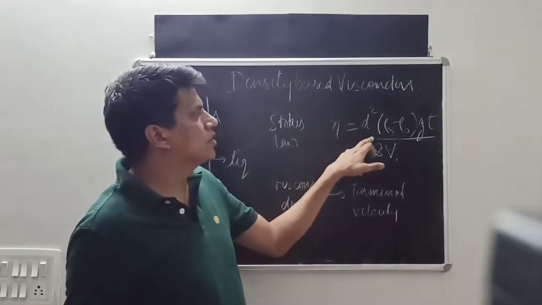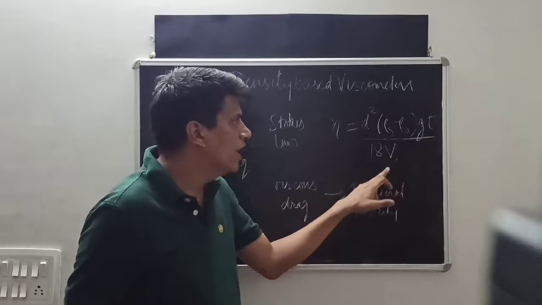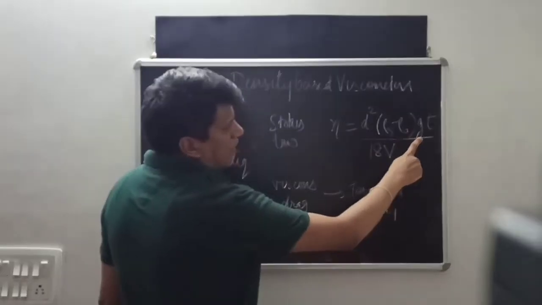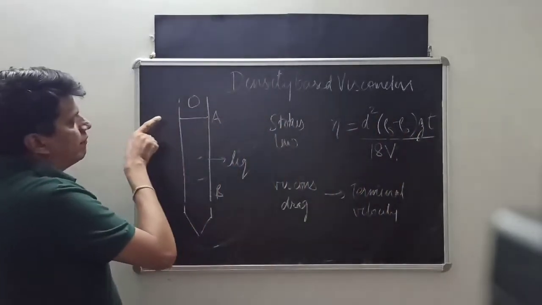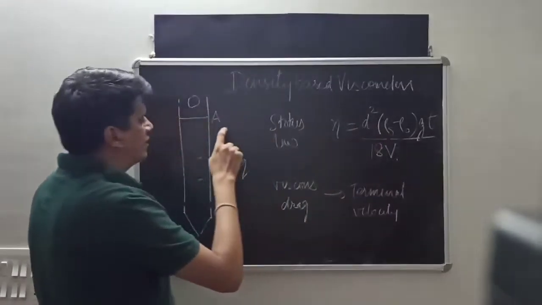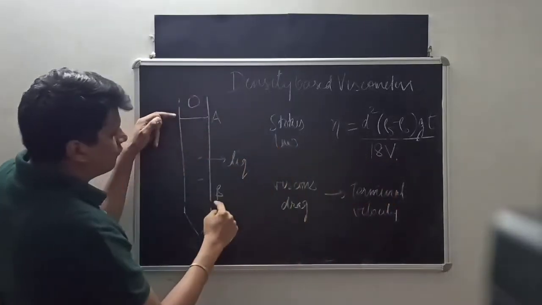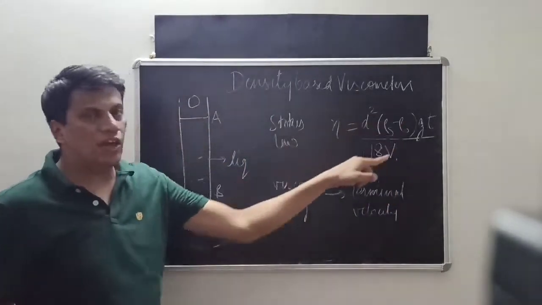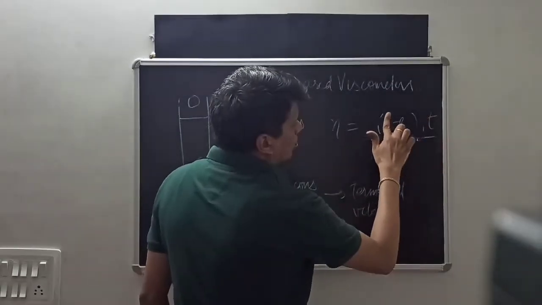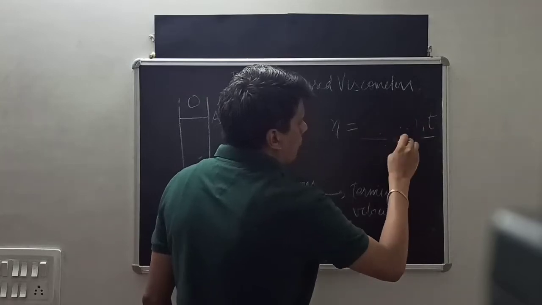Viscosity is equal to d square into (rho s minus rho naught) into g into t, divided by 18 into V. Here d square is the diameter of the ball squared, g is acceleration due to gravity, t is the time taken by the ball to move from point A to point B, rho s is the density of the ball, rho naught is the density of the liquid we are using, and V is the volume from point A to B. So d square is constant, g is constant, rho s is constant, and 18V is constant. So the equation again changes to,